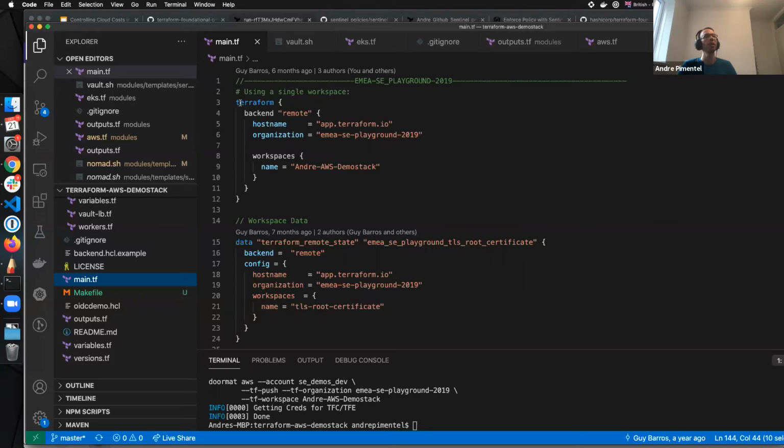My backend is pointing to remote, to this workspace. If I do terraform plan here, they will actually trigger a Terraform plan on my workspace on Terraform Cloud and Enterprise.